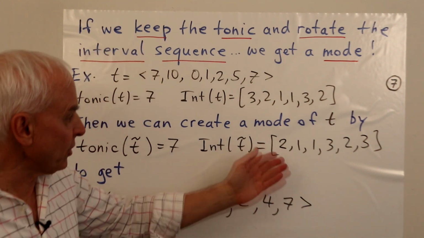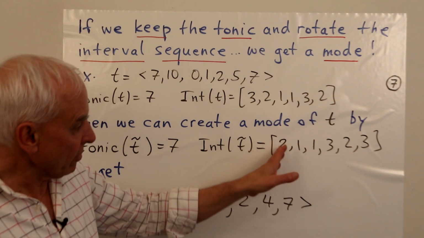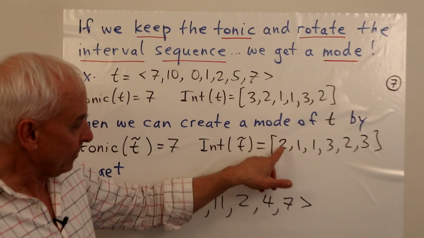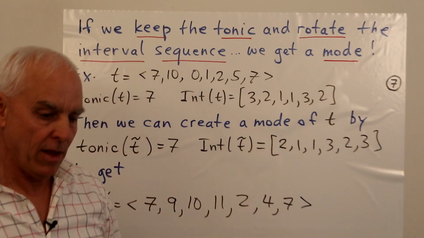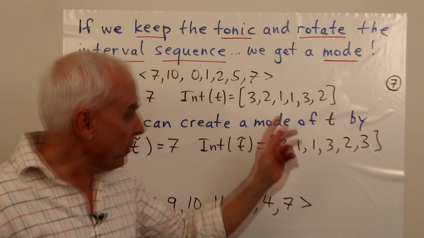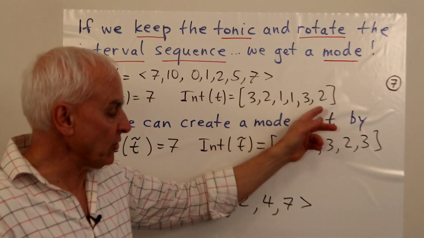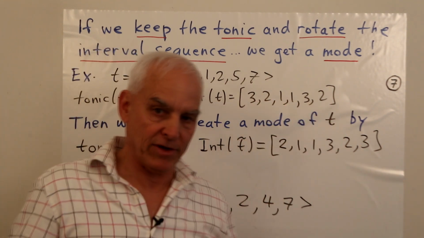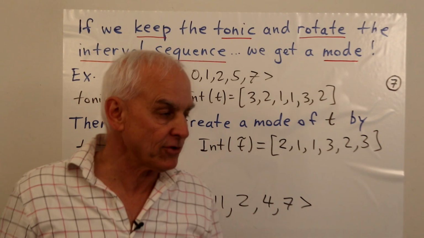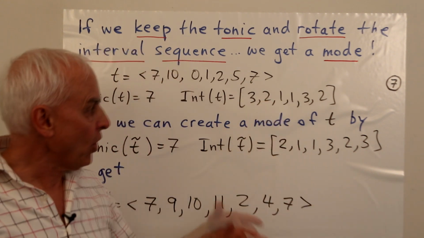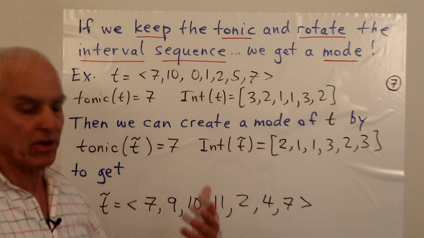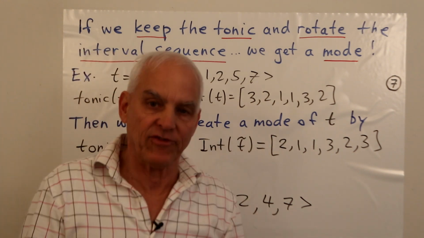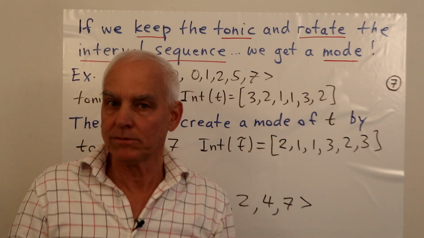You could see that you could create other modes because you could just iterate this, right? You could let rider number 2 go to the back and everybody moves forward. And in fact, how many modes are there going to be? Well, there are going to be exactly as many modes as there are entries here, because every one of the riders can take their turn up at front. So there's going to be 6 modes of this scale. One of the modes is the original scale, but otherwise there's a total of 6 modes of this scale.